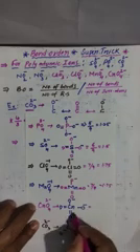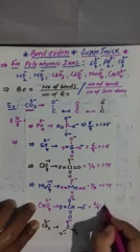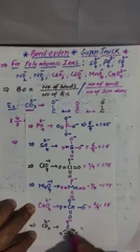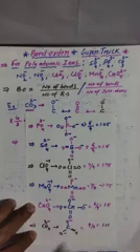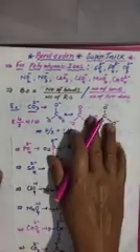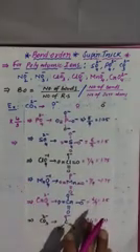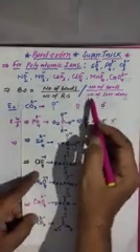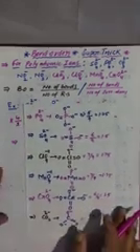And go for this one: 1, 2, 3, 4, 5, 6. 6 by 4, nothing but 1.5. And go for carbonate. How many are there? Total 4, and surrounding atoms 3. Nothing but 1.33. So if you don't know the resonating structure, then you have to take the number of bonds by the number of surrounding atoms. This is the method to calculate. Clear? What is the formula? Number of bonds by number of surrounding atoms, if you know the structure.